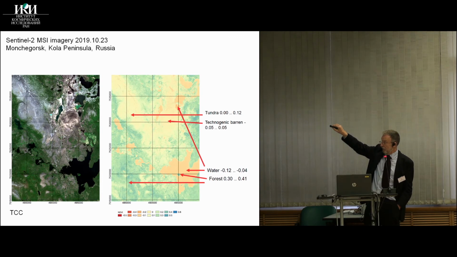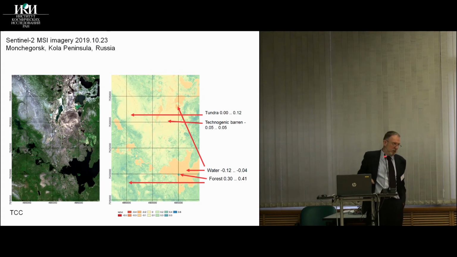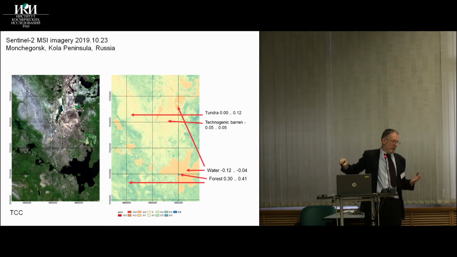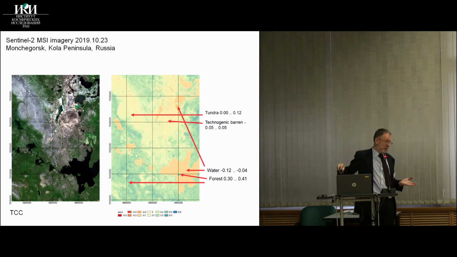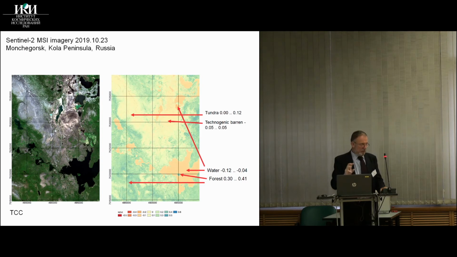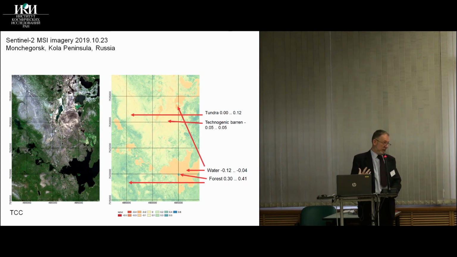And we've got typical values of NDVI, which are small and positive for tundra vegetation, between 0.3 and 0.4 for the boreal forest vegetation here, and some rather interesting areas, if you're interested in industrial impacts, what we call technogenic barrens, areas which have been turned vegetation-free as a result of industrial emissions, which are around zero. And water areas which are a little bit negative. So NDVI on its own, just a mathematical technique, but actually gives us a lot of information about how vegetation